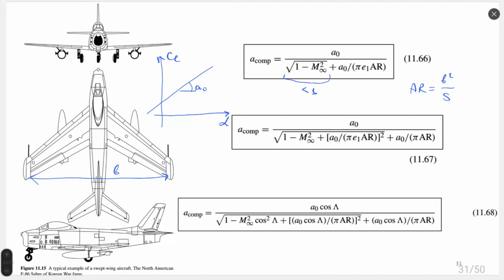So by aspect ratio and taper ratio, we define the geometry of the wing, and also these corrections presented in equations 66, 67, 68. They are empirical, they are not analytical solutions. 67 is more complex, and 68 is even more complex. It involves